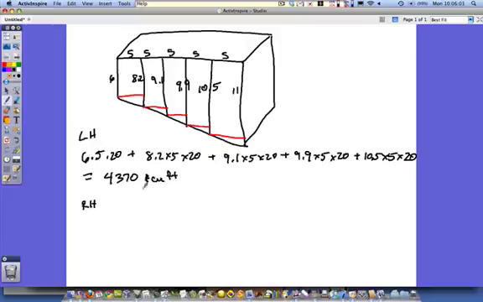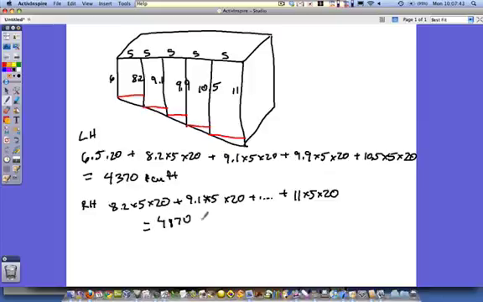So what we're going to do with the right-hand rule is start with the second term up here. We'll go 9.1 times 5 times 20. And then the last term is going to be this one right here, the 11. 11 times 5 times 20. And if you figure all that out, you get